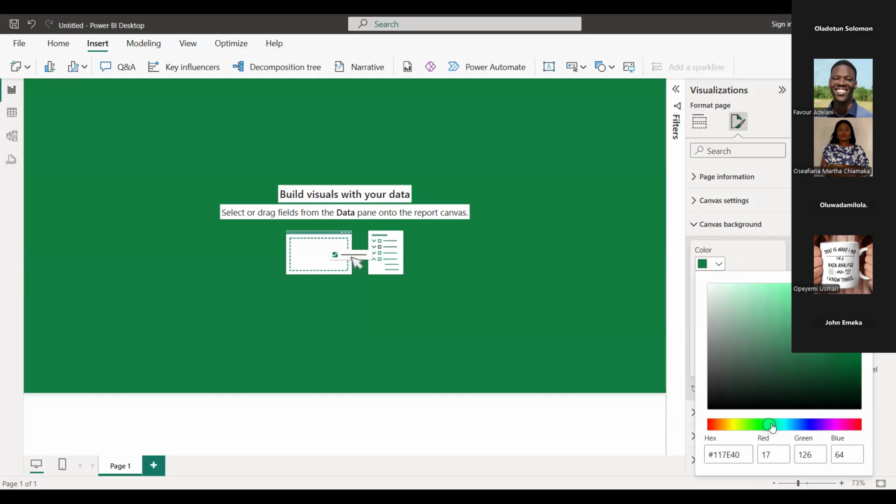But mind you, I already have the color code that I'm going to be using for my reports today. So I'm just going to copy it and paste it right there in the color codes pane. Please spare me a few seconds. If anybody has questions, now is a good time to ask.